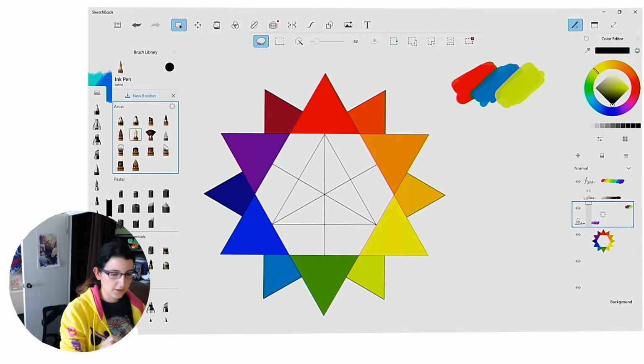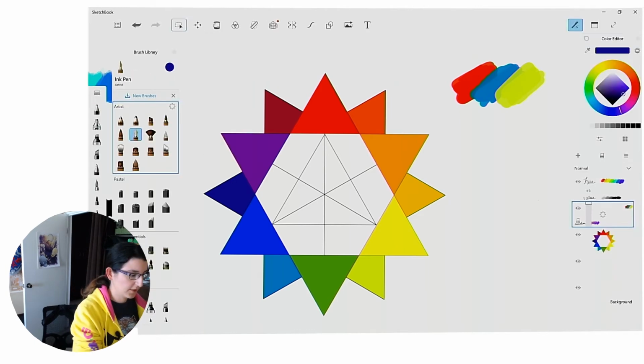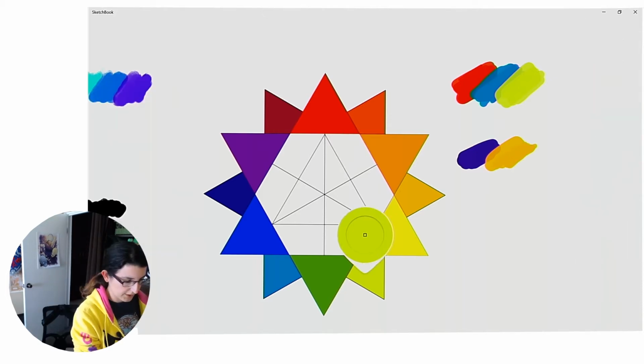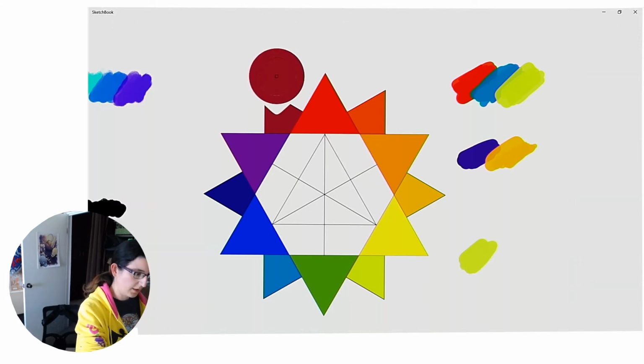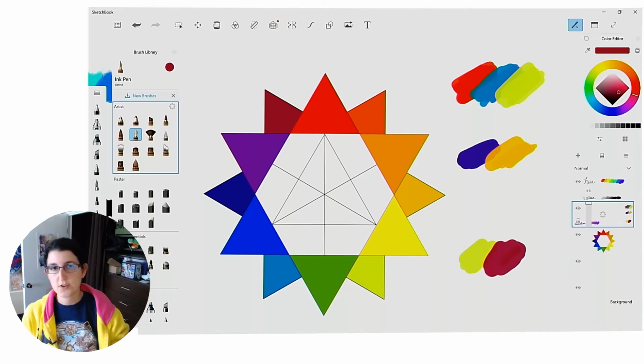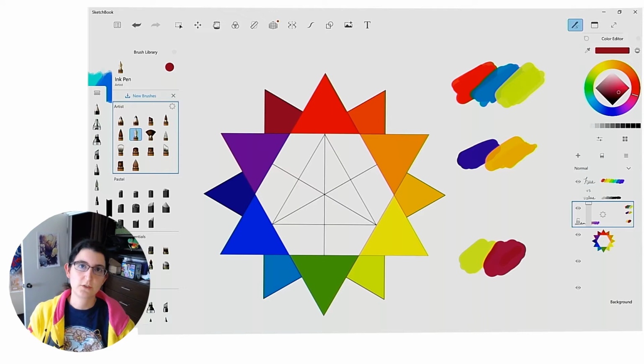Let's put together a complement. Maybe we'll go with this bluish purple and orange. It's a very pleasing color. How about this lime and this reddish purple? Oh yeah, that looks good. So this is another technique you can use in your artwork to choose colors that work well together. Let's see. There's one other color thing that I have not yet mentioned. There are certain colors that clash that you want to avoid doing.